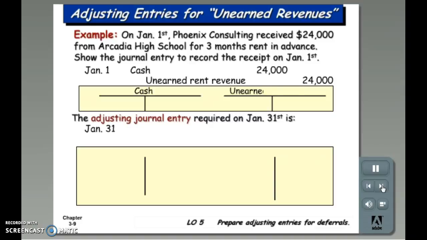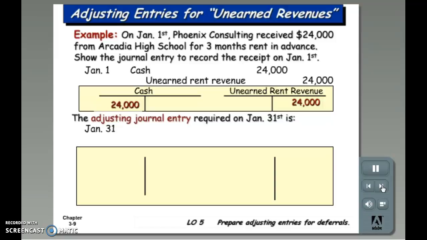After posting the journal entry to the T accounts, we see that the January 1 balance in unearned rent revenue accurately reflects Phoenix Consulting's obligation or liability to provide the tenant, Arcadia High School, the building for 3 months. Don't confuse the fact that the tenant, Arcadia High School, would have recorded prepaid rent. We are recording the journal entry for the property owner, Phoenix Consulting. At January 31, 1 month has passed, and it is now necessary to prepare an adjusting entry to record the